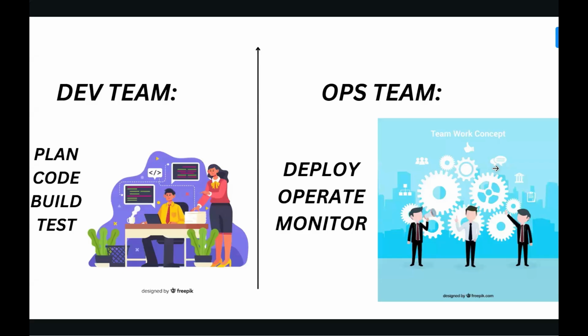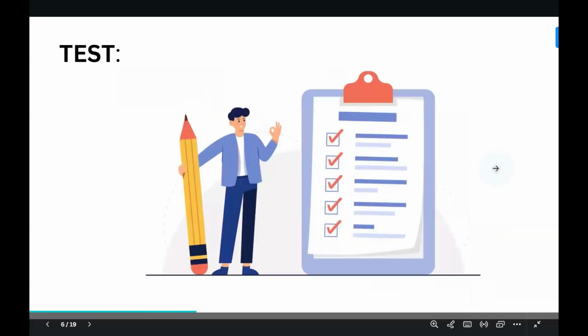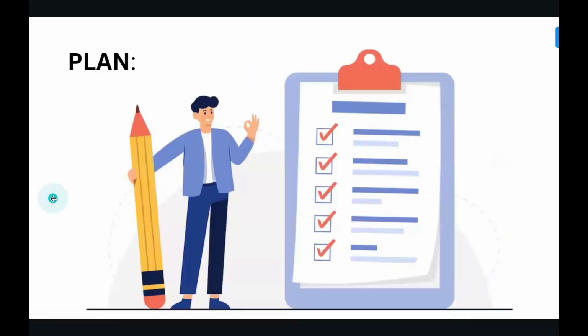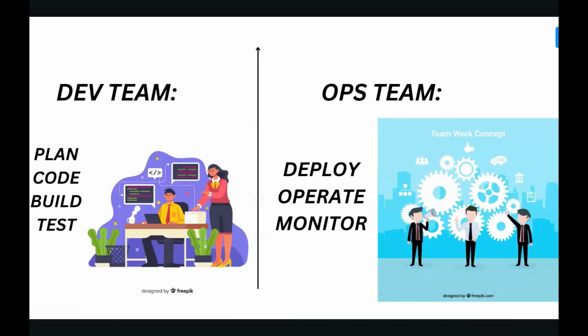So see here, totally we have done with the 7 steps. Now the development team has done their part. The operational team is doing their job well. Now my question is, where is the DevOps involvement? Totally we have created the application and also we have introduced those applications into the market. Now my question is here, where is the DevOps involvement?